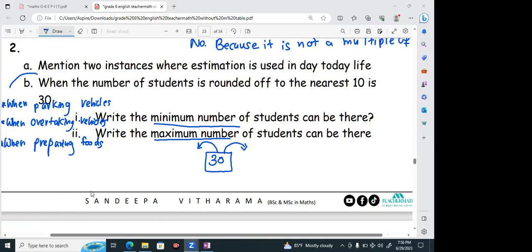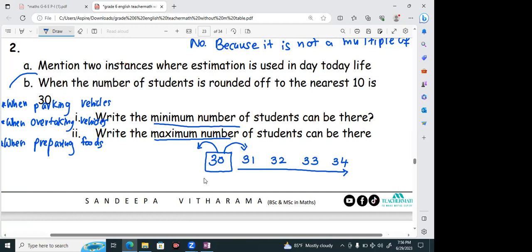Teacher, can I tell the answers? Yes, tell me. The minimum number of students there is 15 and the maximum number of students is 34. 15? Sorry, 25. Okay, look here: 31, 32, 33, 34. These are the 4 numbers